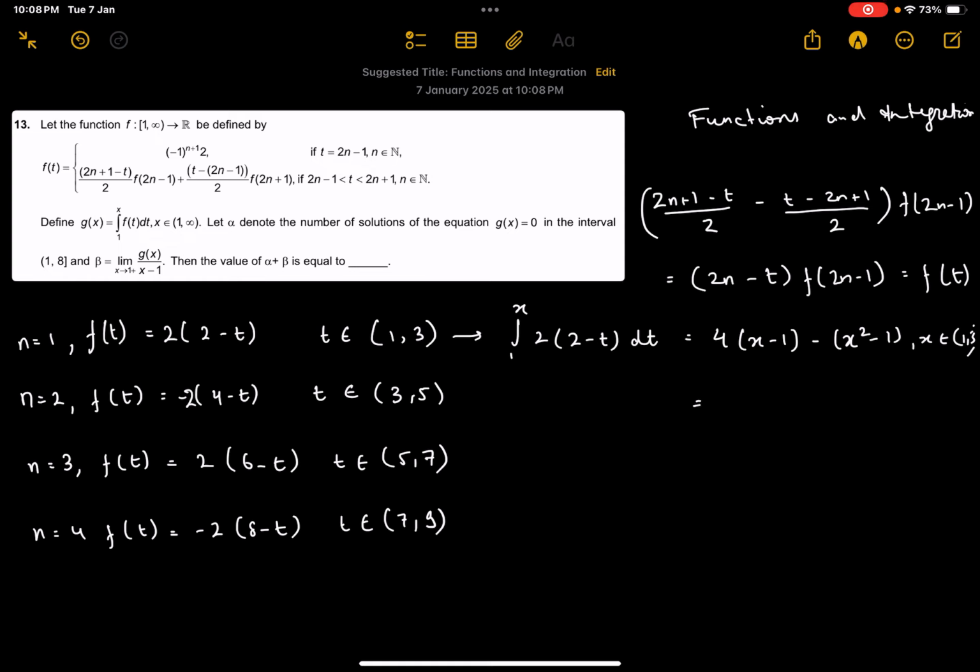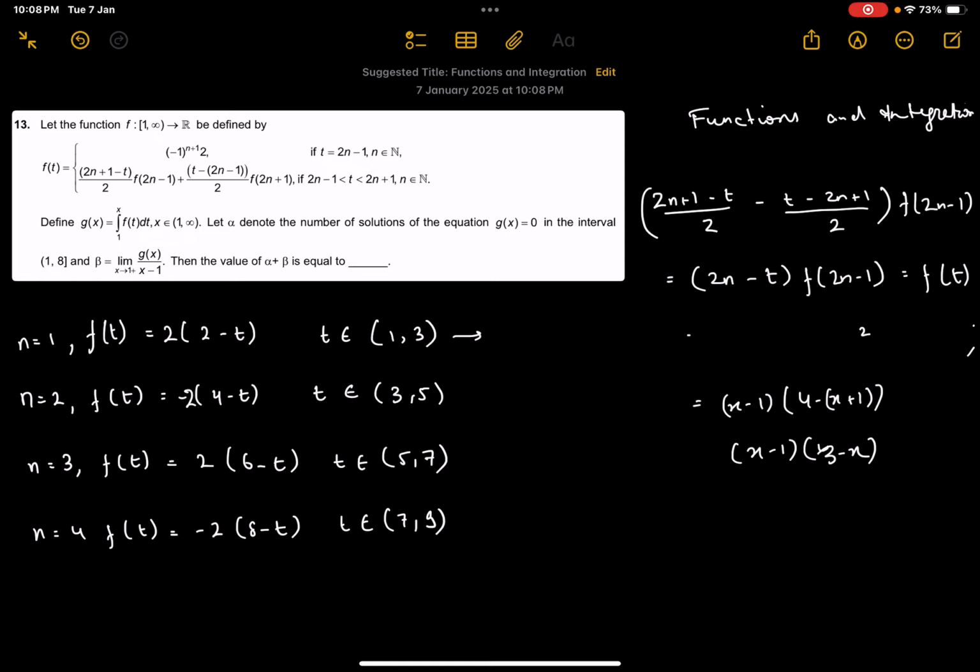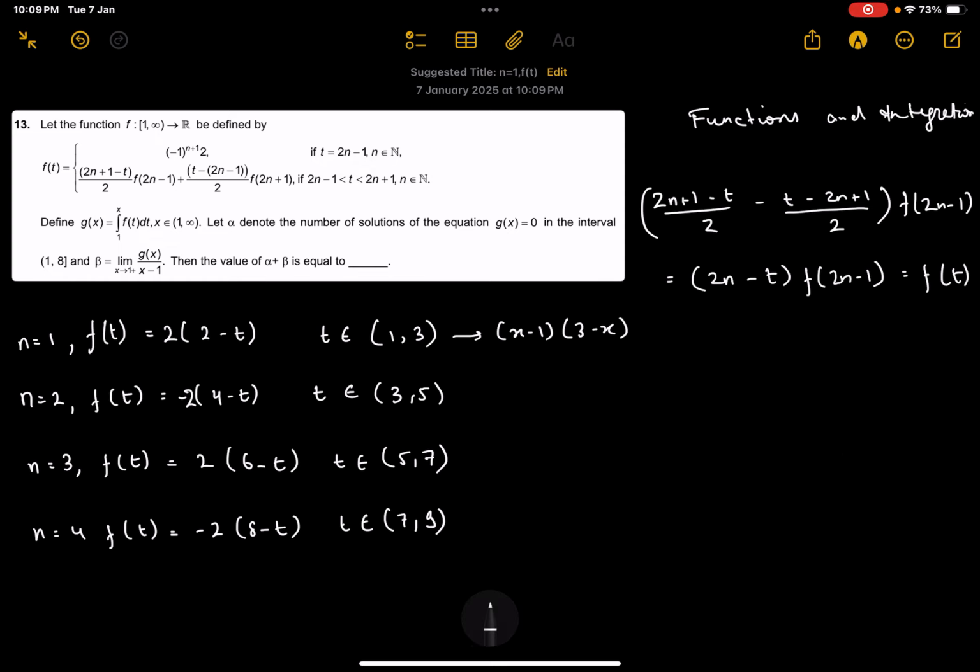So that becomes (x minus 1) into (4 minus x plus 1), which is (x minus 1) into (3 minus x). So let's write it there. It says (x minus 1)(3 minus x). This is x is in